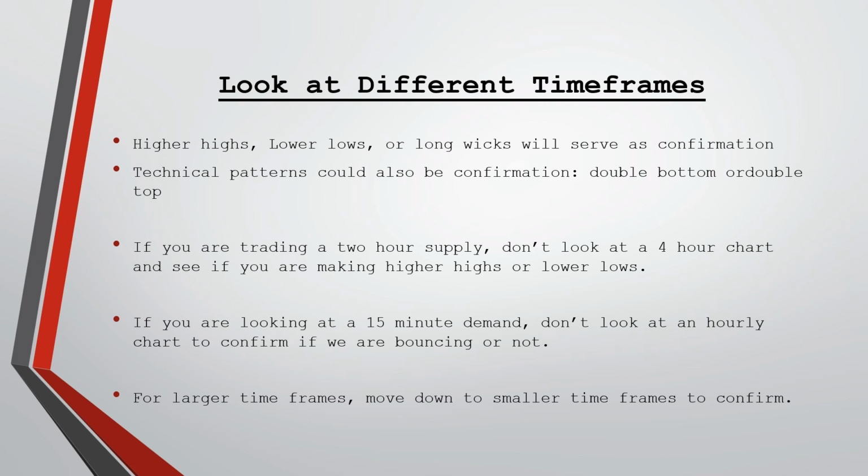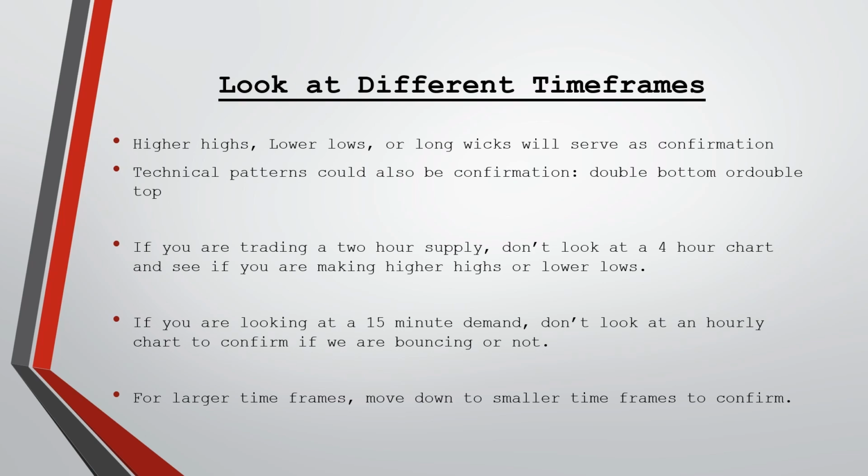What's going to serve as confirmation? Higher highs, lower lows if you're talking about supply, or long wicks. Once you have a long wick, that means buyers or sellers are stepping in, and that'll help confirm price. But you just want to make sure you have that higher high, lower low, longer wick. Or you could use a technical pattern or a candlestick pattern, such as a double top or a double bottom,